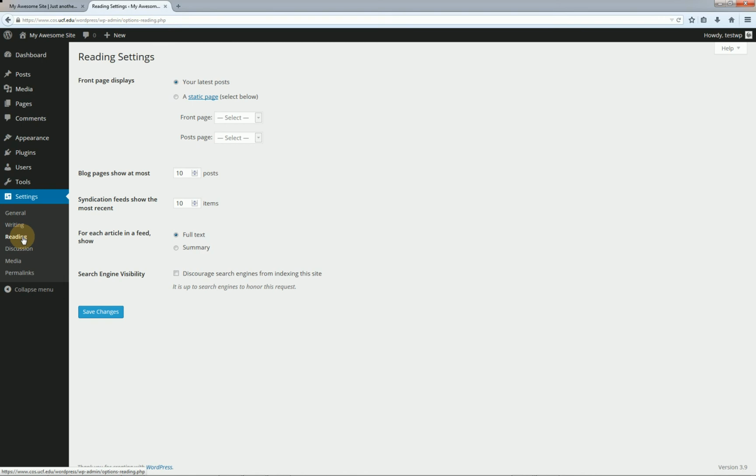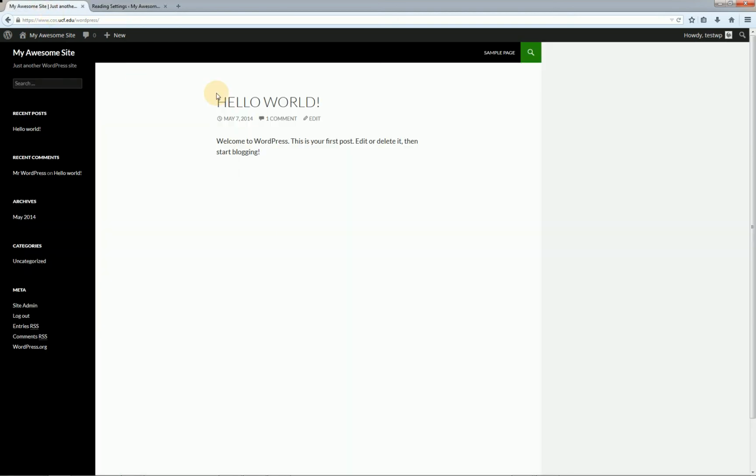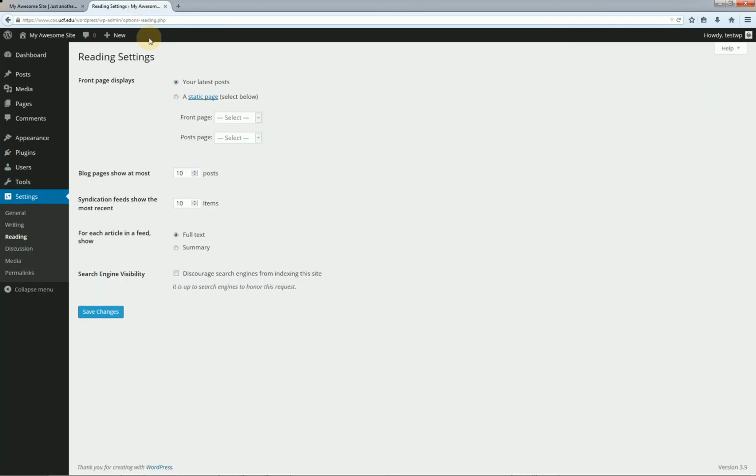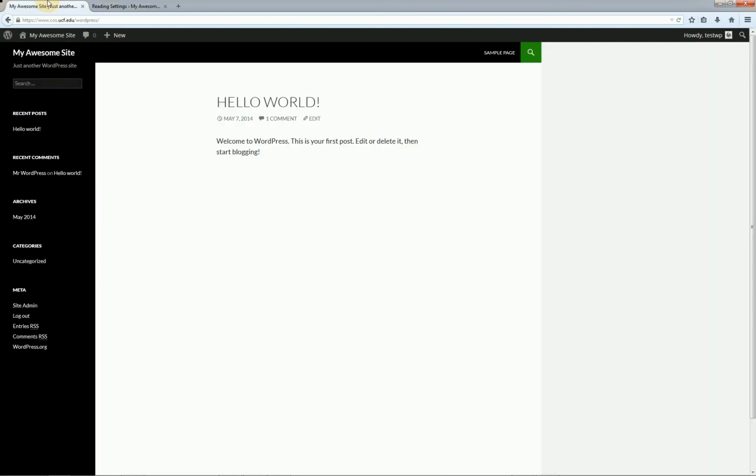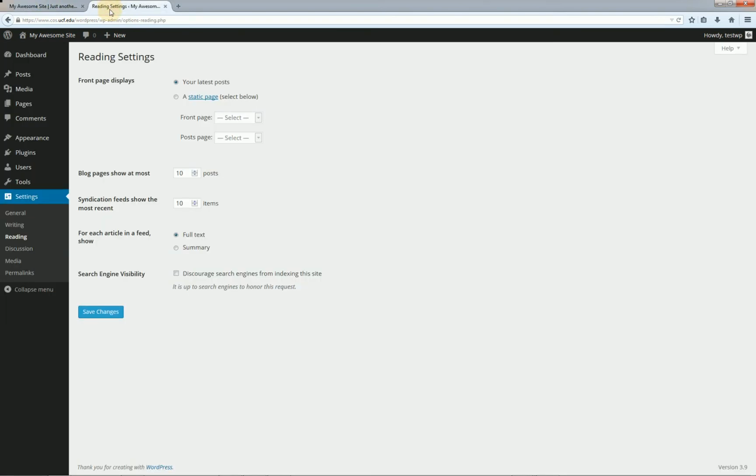Now, reading is important because it has to do with your theme and what is actually displayed on your home page. So using this basic theme that we have, the 2014 theme, it's set by default to show a list of the most recent blog posts that we have. And we can see that setting conveyed right here where it says your latest posts. If we wanted a static web page to be shown here, like a welcome page, we could go ahead and create a page and then select a static page and then select for our home page